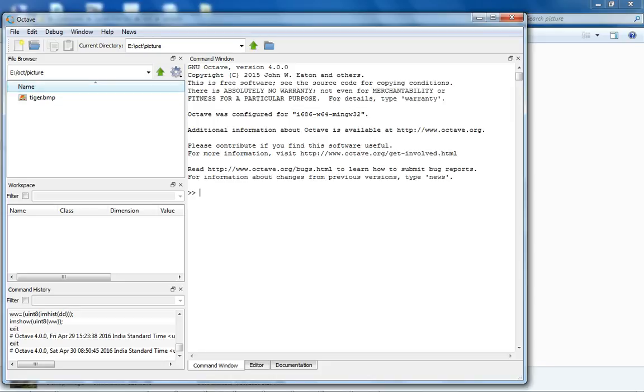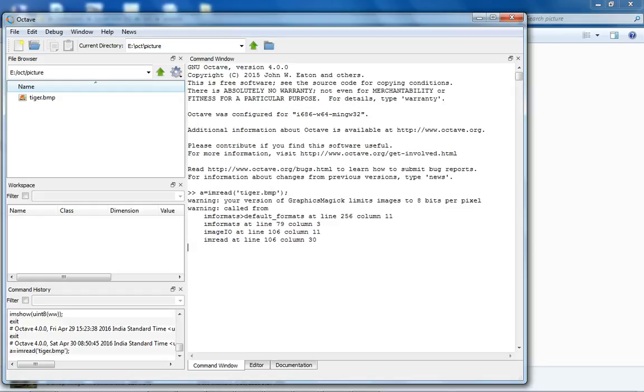We will read this picture with the imread command. For this you have to write a command: A = imread('tiger.bmp'); with a semicolon. In the beginning you will get a warning because of the older version, but this has been removed in the newer version, so you can ignore it.